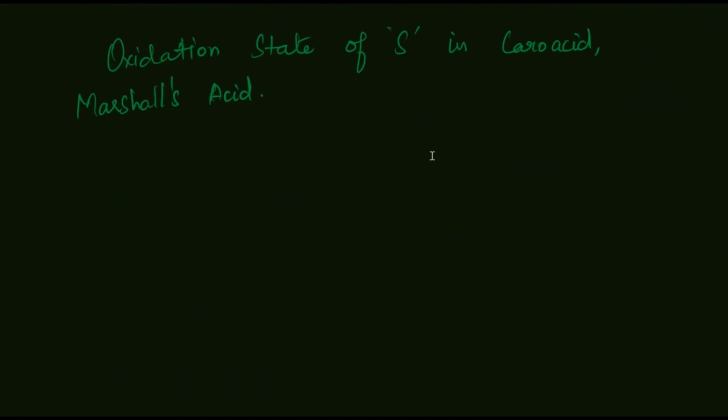This is memory based, but once you know this, you won't make the mistake. Here they are asking the oxidation state of sulfur in Caro's acid and Marshall's acid. So what are Caro's and Marshall's acid first of all? I'm giving you the structure. Double bond O, OH, O, OH. So with 1, 2, 3, 4, 5 oxygens and